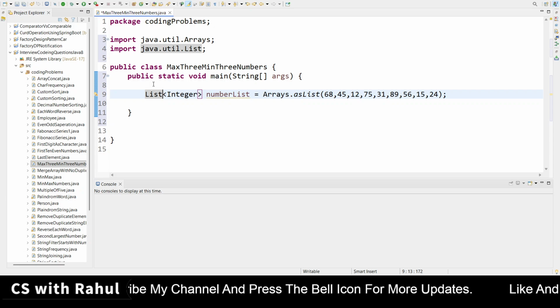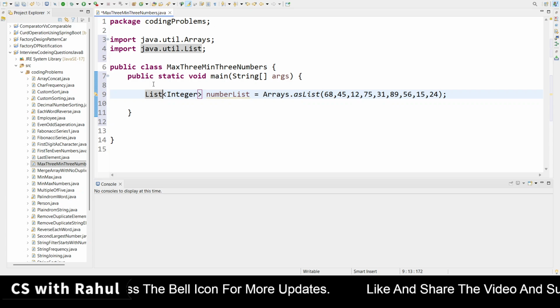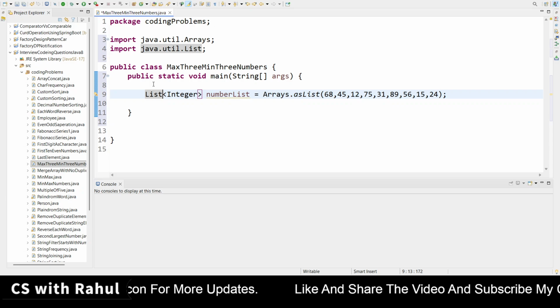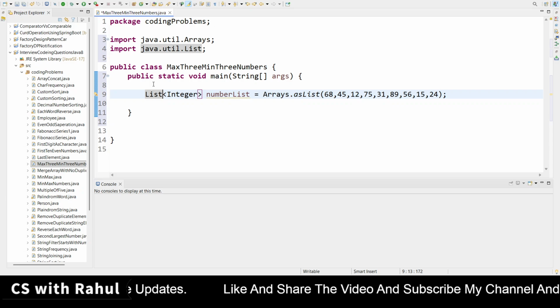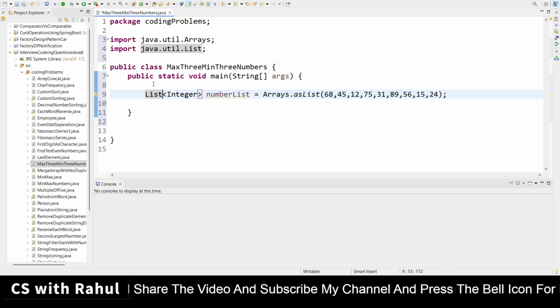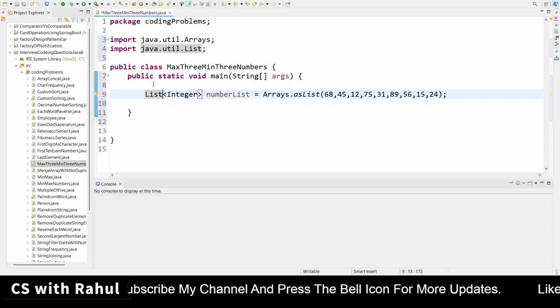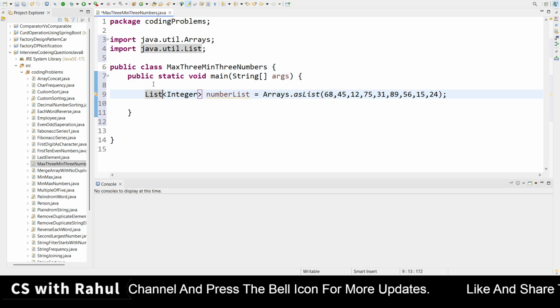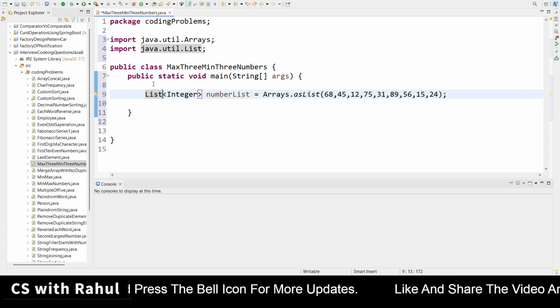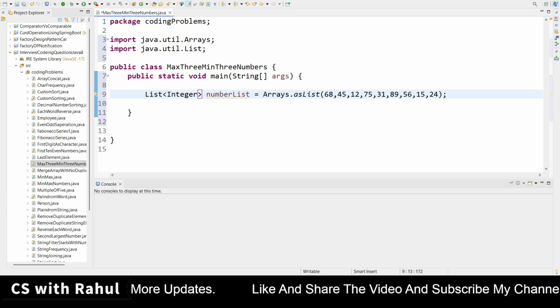Suppose someone has given you numbers up to 100 in an unordered way and asks you to find the minimum and maximum numbers. The three minimum numbers would be 1, 2, 3, and the three maximum numbers would be 98, 99 and 100. So how can you find them? You can find them by sorting, so first you need to sort it.